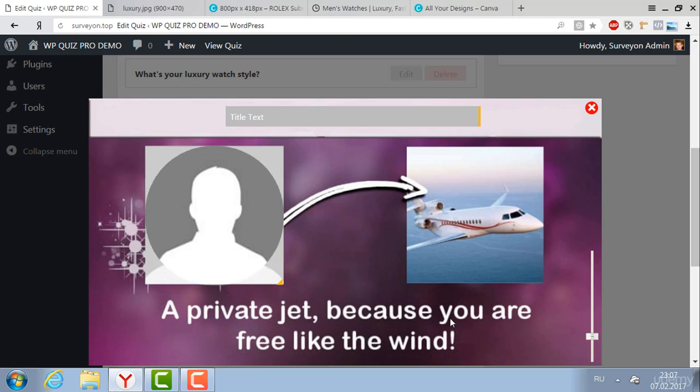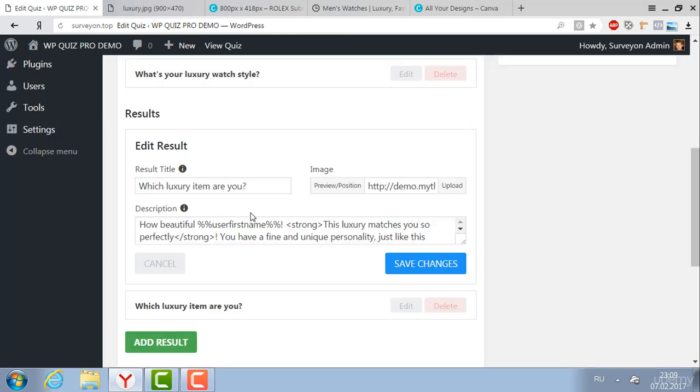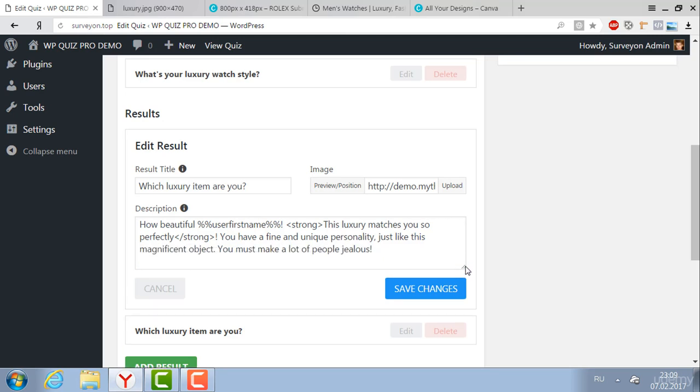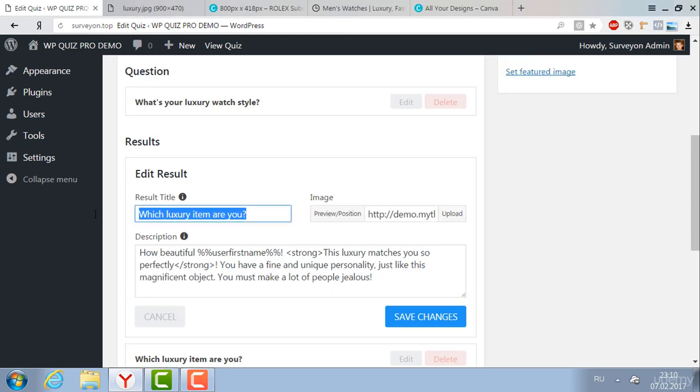Everything else on the picture, including the airplane image, is static. This text is static. So there are two things that we need to overlay on the result image. It is the title that we overlay on this result image, and it's the user profile picture or a friend's profile picture if we choose to use a friend's picture. So now let's get back and see how we can modify this template to match our needs. We're going to display the name of the user who has taken the quiz by using a variable